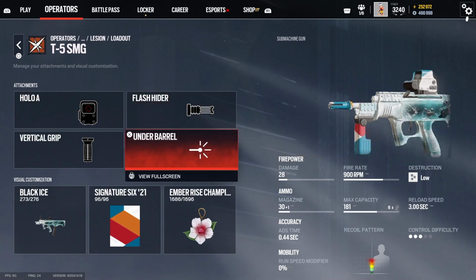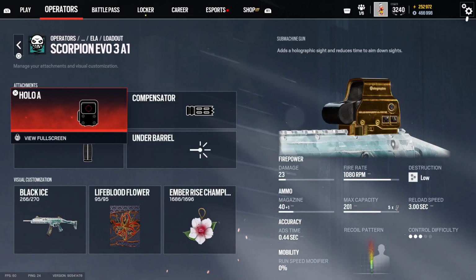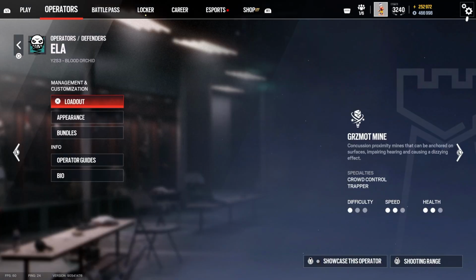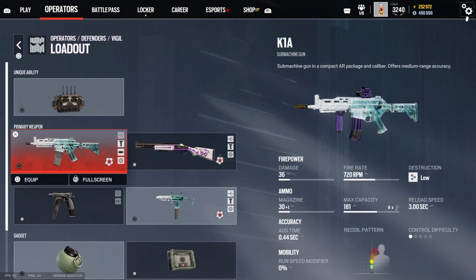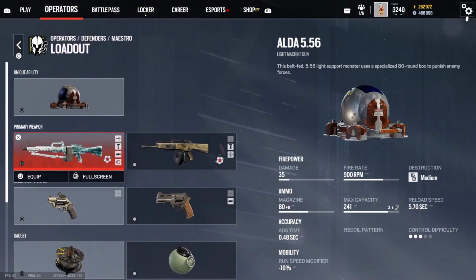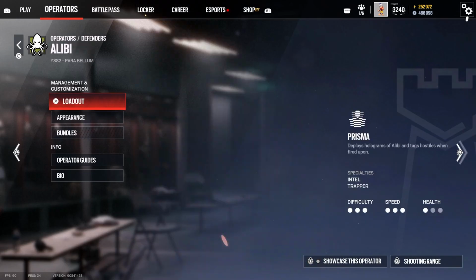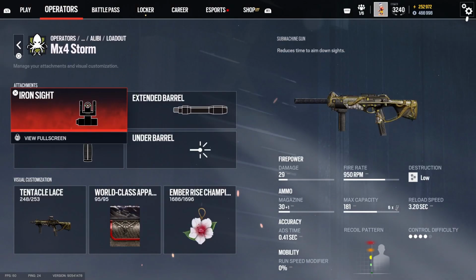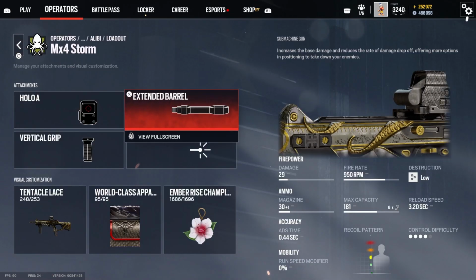Legion, Holloway, Flash Hider, and Vertical Grip. Ela, we use Holloway, Compensator, and Vertical Grip. Vigil, we use Holloway, Flash Hider, and Vertical Grip. For Maestro, I don't really play Maestro, so Holloway, Flash Hider, and Vertical Grip. Alibi, we use, I think I've made all this default, but use Holloway,